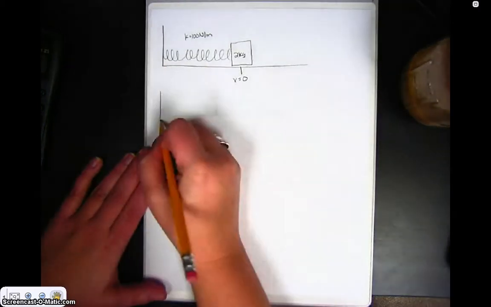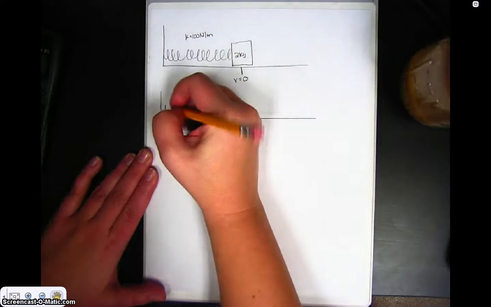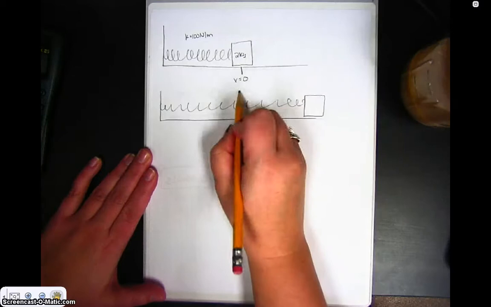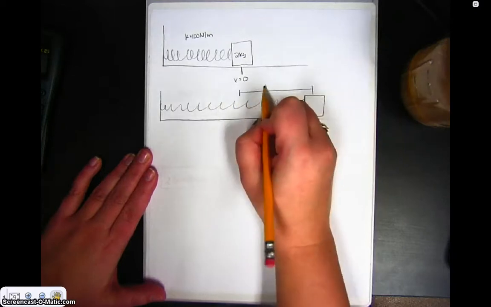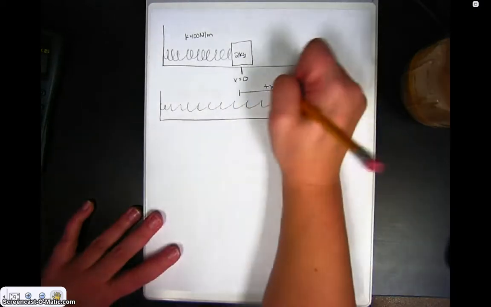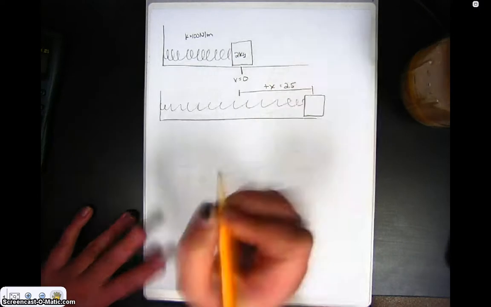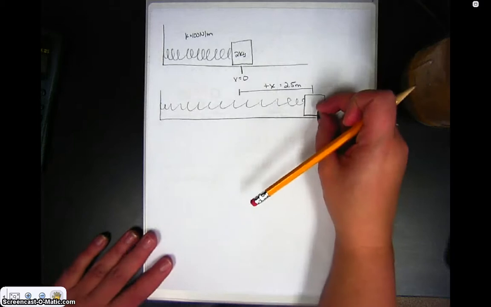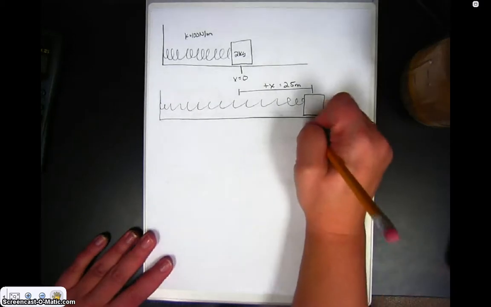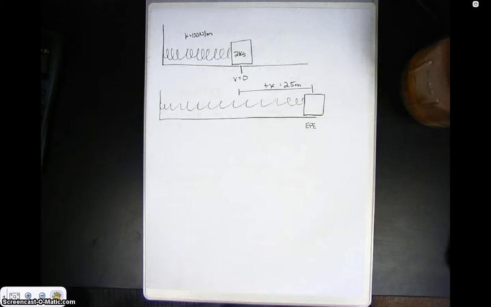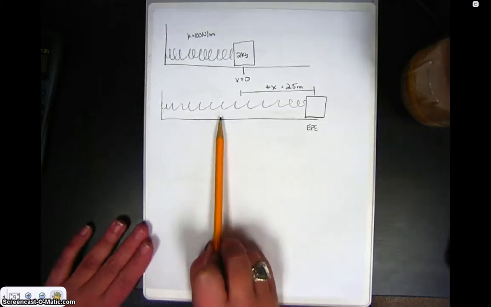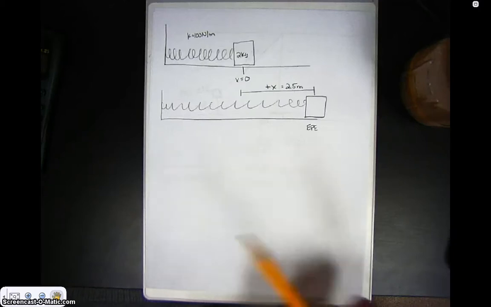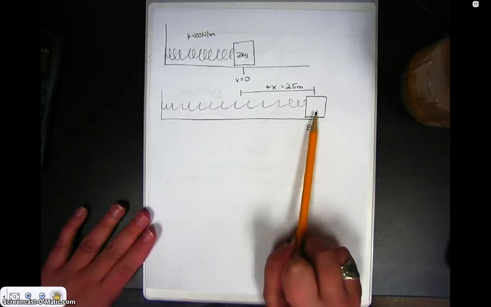Now, if I were to stretch the spring out, so I apply some force and pull it in this direction, now there is some change in position, that's some positive x value. Let's say that it's 2.5 meters. Alright, now if I pulled this, I have now stored elastic potential energy in this spring. It's at rest, but it has the potential, if I release it, to start moving in this direction and starting to convert its energy to kinetic energy. Now if I release the spring, or release the mass,